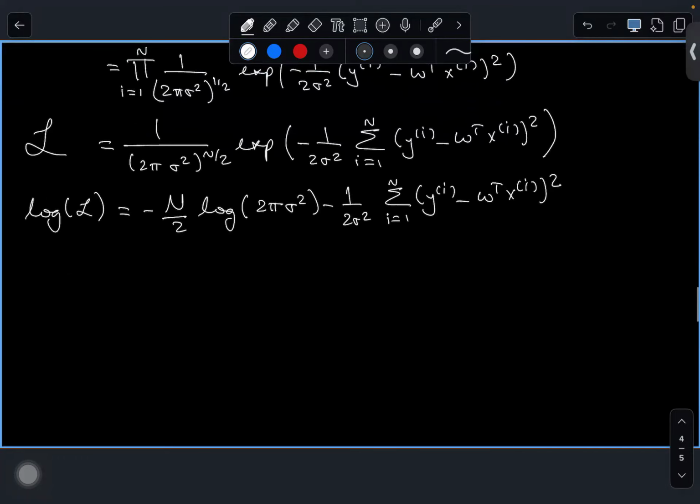Okay. And of course, you notice that when we were doing the linear algebra representation of our error, this is just (y minus xw) transpose (y minus xw). That's just the sum of the squared errors. So this is equal to this first term minus 1 over 2 sigma squared